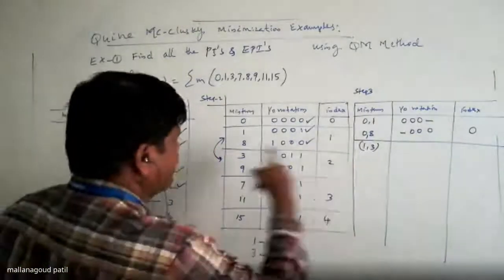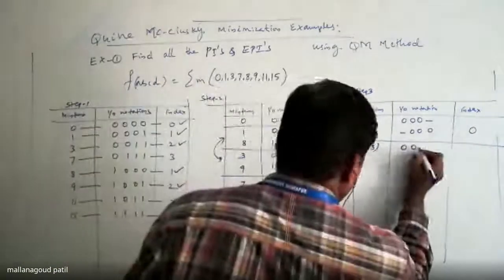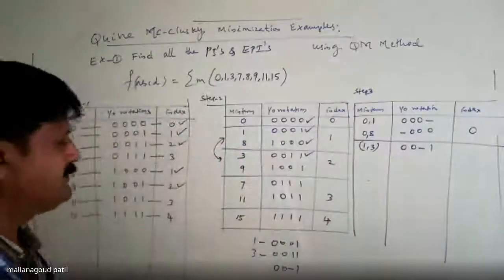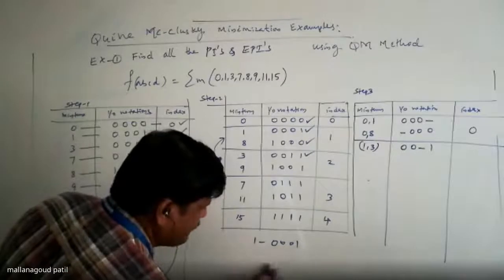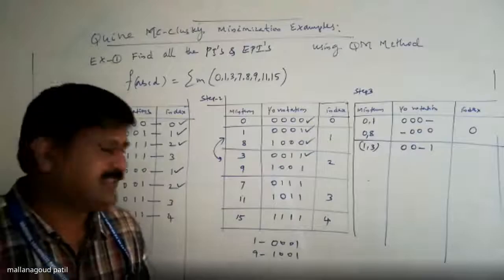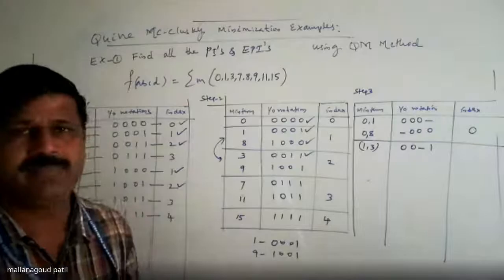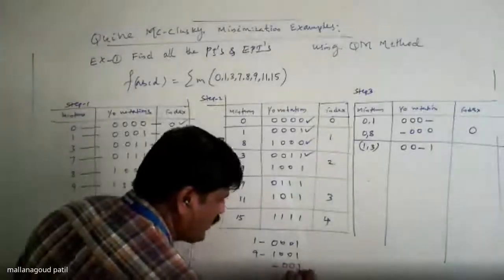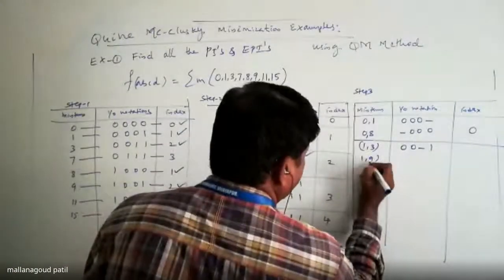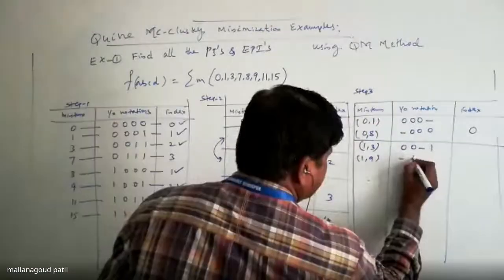Because 0, 1, 0, 8 all are entered, in the next step they should be marked. The next, 1, 3: if I am comparing logical adjacent, the representation will be 0, 0, dash, 1. Then you can mark 3. Then 1, 9. The 9 representation will be 1, 0, 0, 1. Is it logical adjacent? Yes. First bit differs, second bit is same, third bit is same, fourth bit is same. Then the representation will be dash, 0, 0, 1. I can write this is 1, 9, with representation dash, 0, 0, 1.